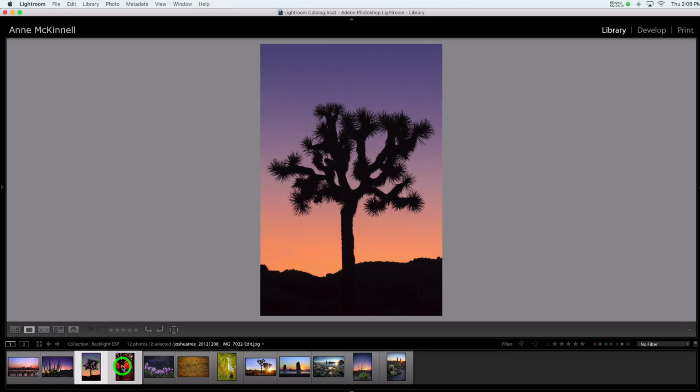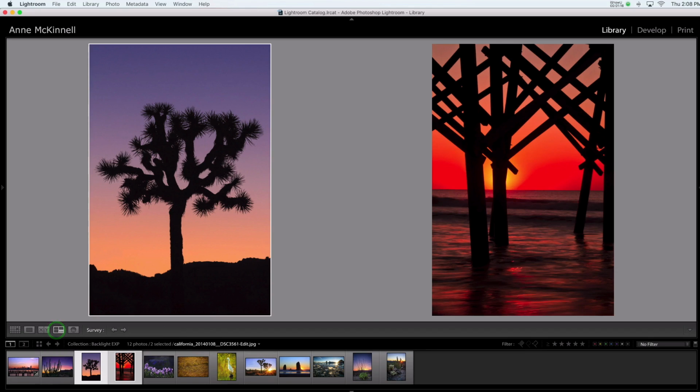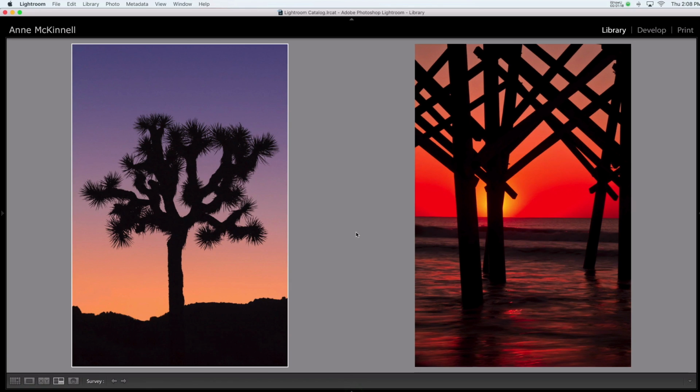Let's take a look at these two here side by side. Okay, so here you can see both of these subjects, and in the previous two images, they were subjects with very strong shapes that you can silhouette against a colorful sky. The trick, though, to making this kind of image, in addition to the good shape, is in the light